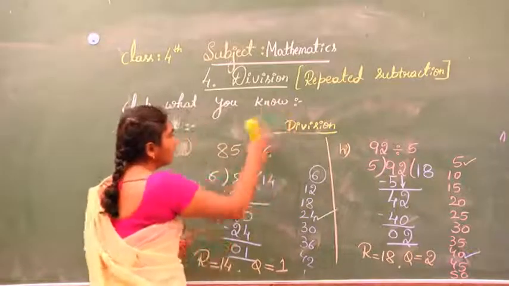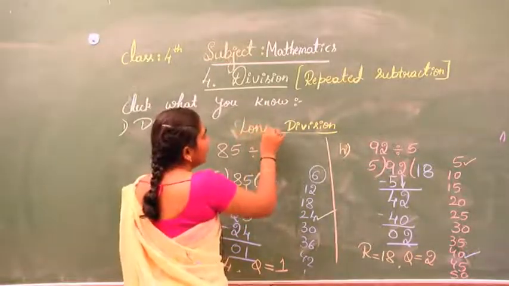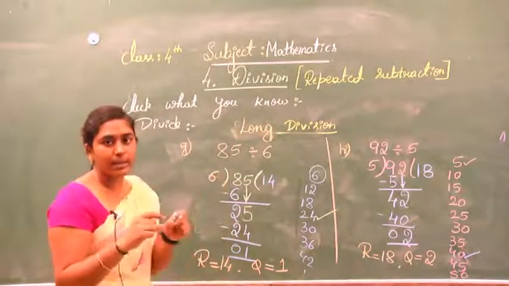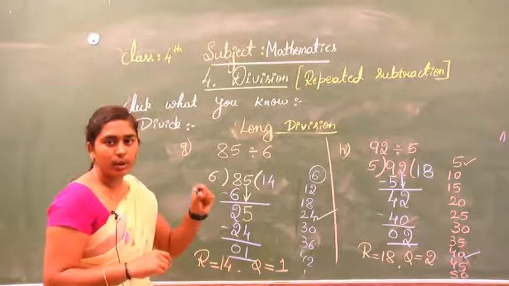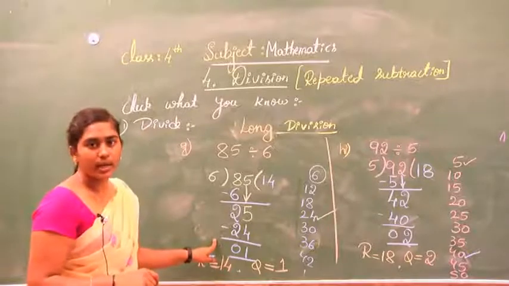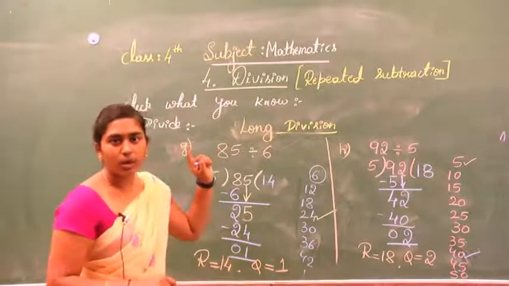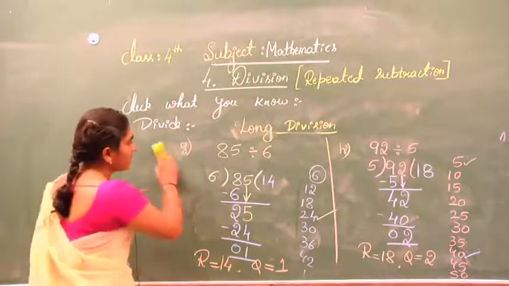This is the long division. What we have done, these two questions, these two are long division. The previous one, we got the answer in one step only, that is a short one. If you observe, we have more than 2 steps, right? 2 or more than 2 steps. That's why these two are long division methods. Coming to the next question.